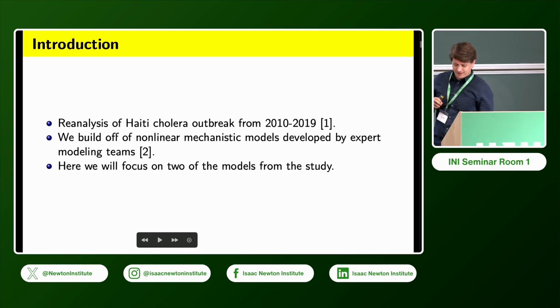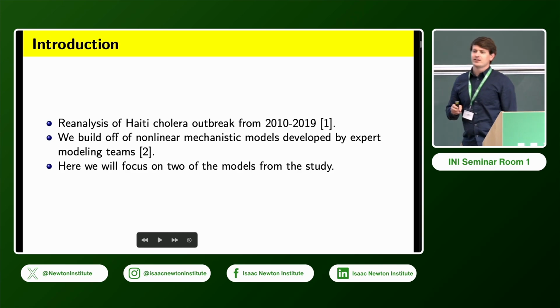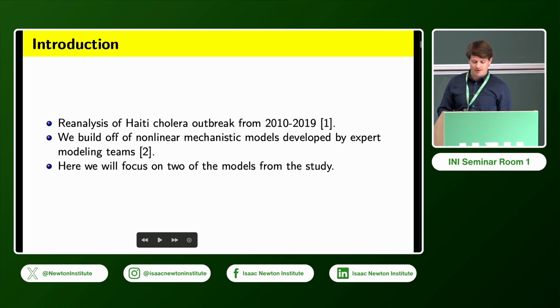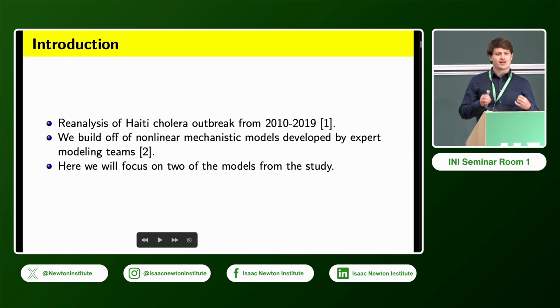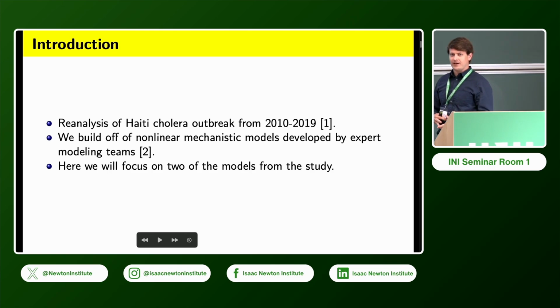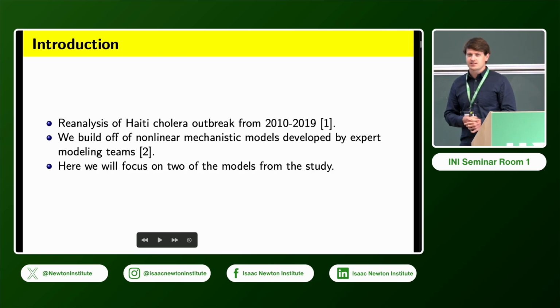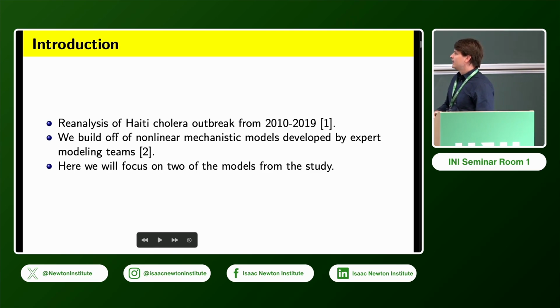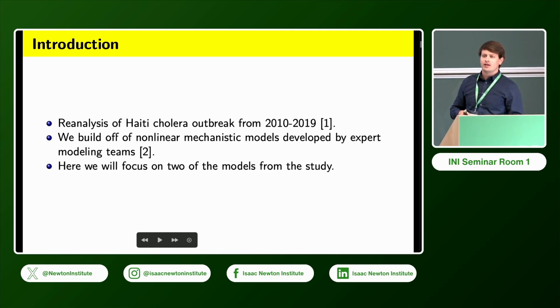So the goals of this paper actually align fairly closely with the goals of this workshop in general. In particular, we are interested in a retrospective analysis of an infectious disease outbreak and what kind of lessons we learned from this system and our modeling experience, and how we can take that to be prepared in modeling future epidemics. So the data we look at are from the cholera outbreak from 2010 to 2019.